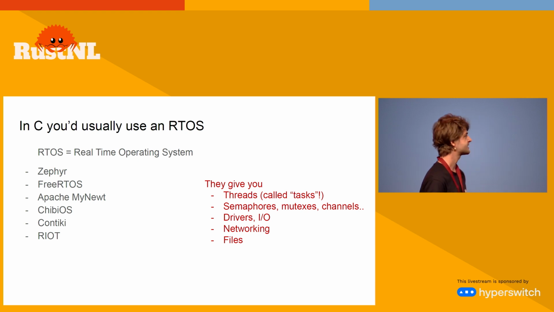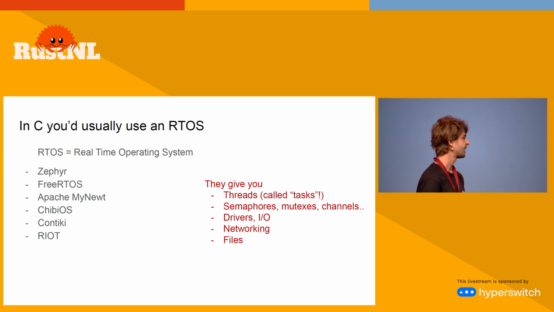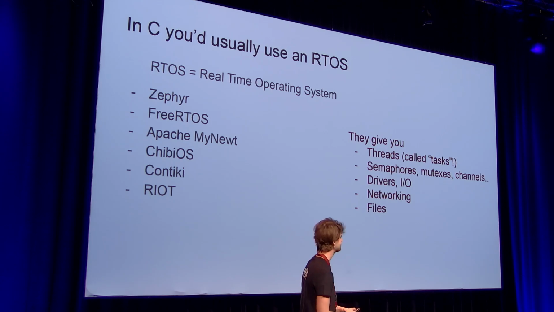You get drivers for your microcontroller. So if you have a serial port, you want to do some I/O, that typically comes as part of the RTOS. You write on top of the RTOS APIs to do I/O, and that uses the drivers for your chip underneath. And for more complete RTOSes, depending on your use case, you may want to get a network stack, a file system, key value store, whatever.